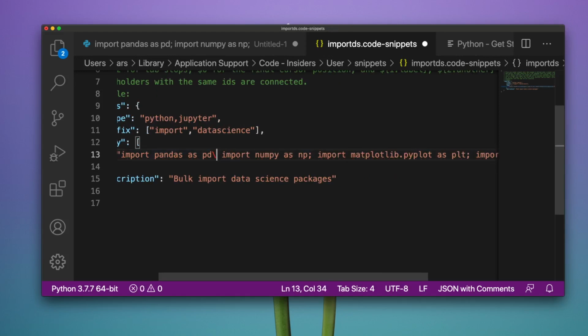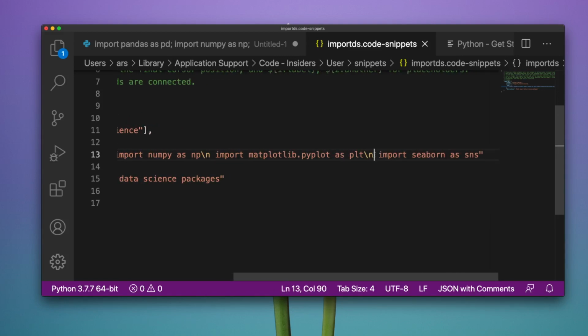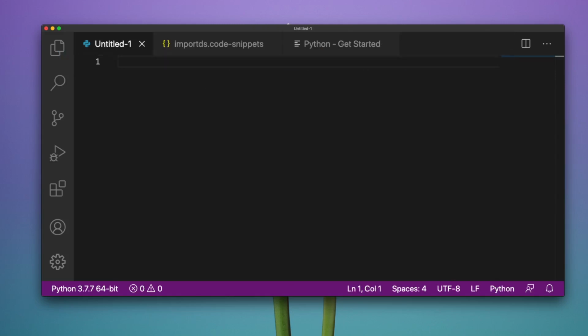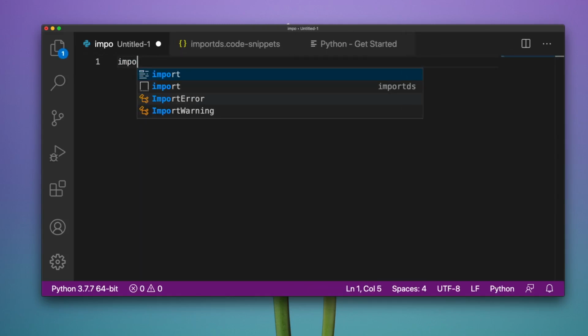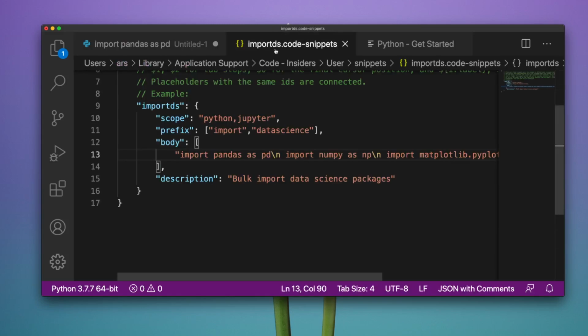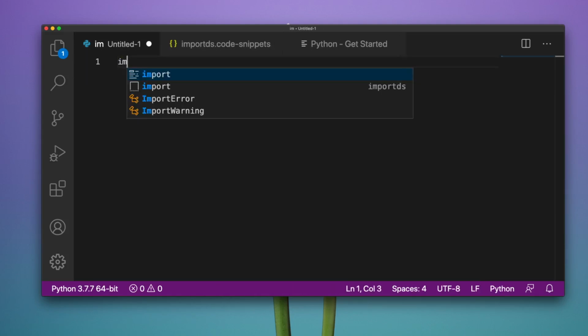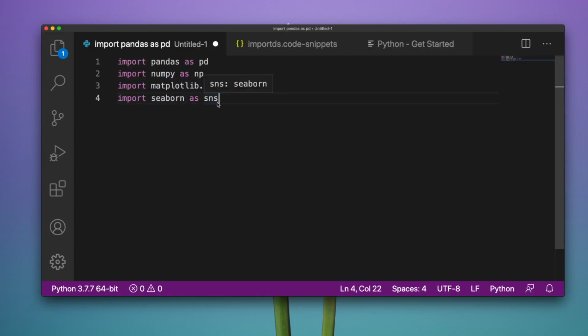So /n, let me put /n/n. So at the end, if we go and then say import, and you click that, you would get everything. So I think there is a space issue, so you can just simply put everything without any space, and then you would get import. So you got everything that you want, right? So this is for Python code.